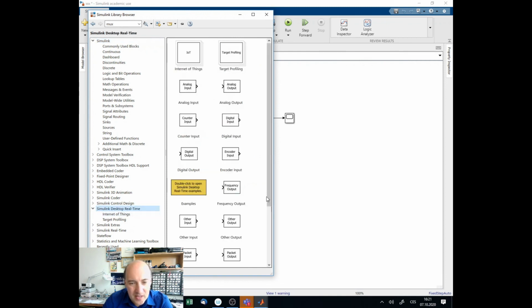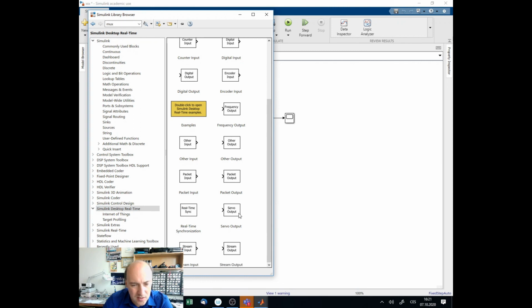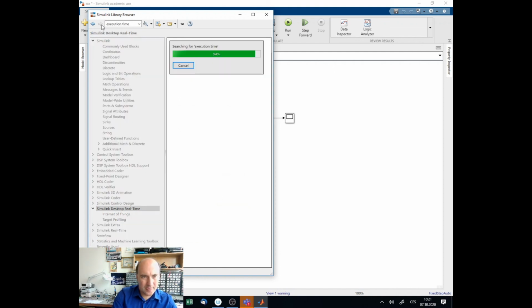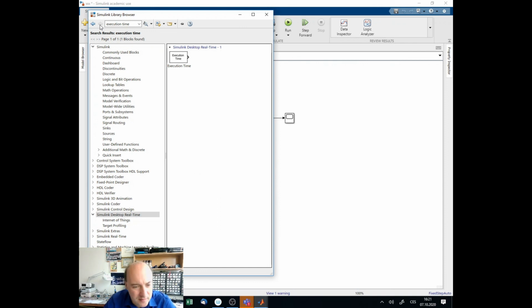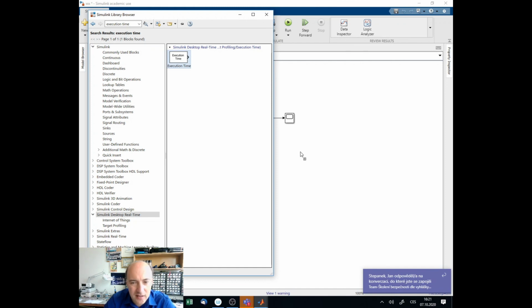So should be... I don't see it. Let's go search for it. I did not see it. So execution time here, and you can actually drag it to your model,